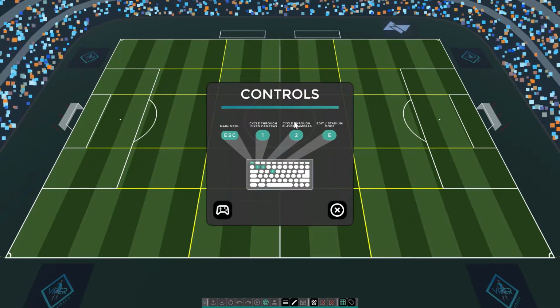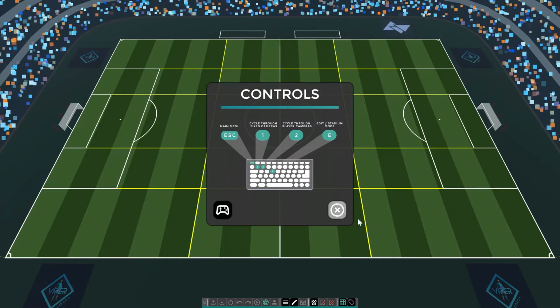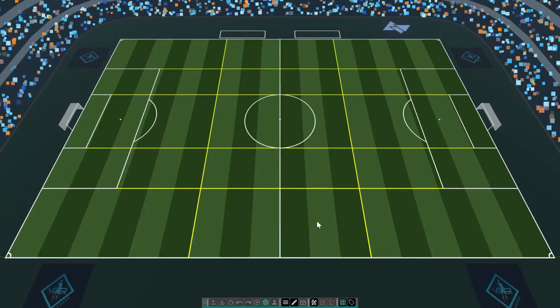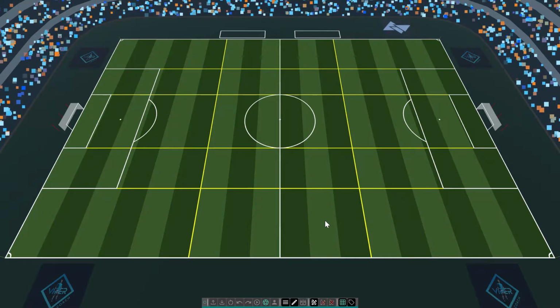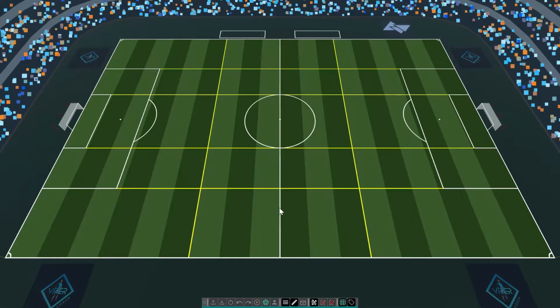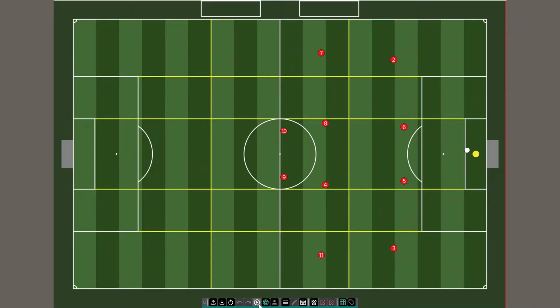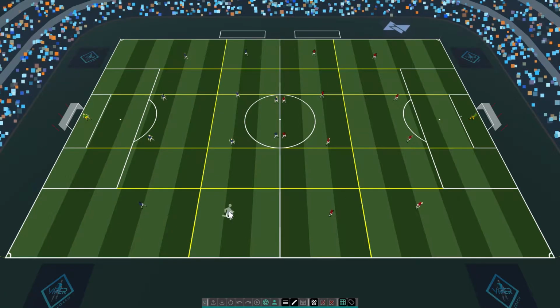So we have our controls, which is pretty self-explanatory, that you can go through. On our pitch, it allows us to do a couple of things with our viewpoints. We can cycle through different areas around the stadium, and we can also get onto the pitch. So if I go to my tactics board, I put in the opposition, I'm able to put them on the pitch, and I'm able to cycle through